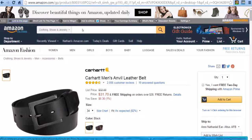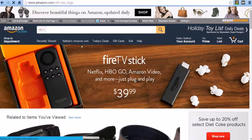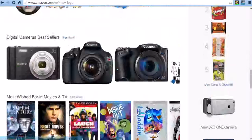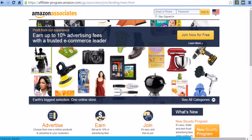Is just go on here, go to Amazon, and this is for physical products. You can also do digital downloads and stuff like that, but my biggest push for you is if you're doing physical products, use Amazon, and look back at that Amazon Associates chart, which you can find if you go to Amazon.com. You can scroll all the way down, and then right here it will say become an affiliate, and you just click that,